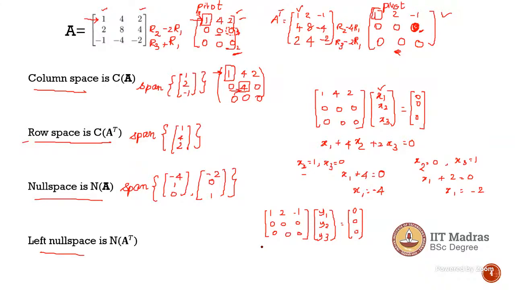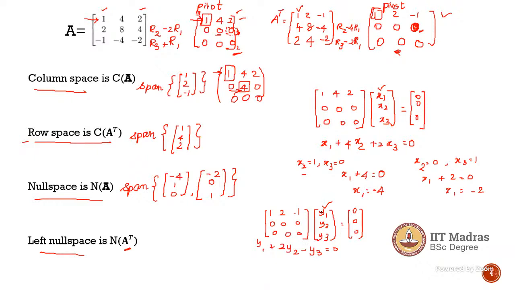Okay. Thank you. So for the left null space, you consider this A transpose matrix in reduced form. So that is how we have this one. The similar process: you have y1 plus 2y2 minus y3 equal to 0. In the case of the left null space, we again have to use the matrix that we used for the column space and row space, right? Yeah, we use this upper triangular matrix form that is obtained from the transpose of the matrix.